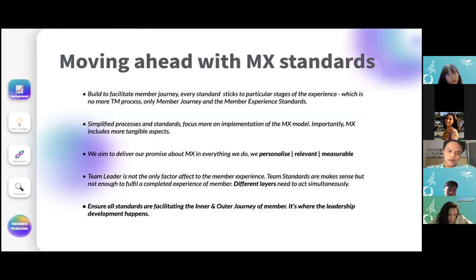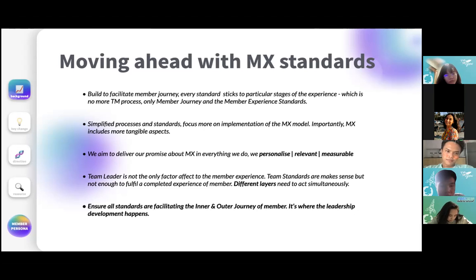So that, let's say, if there is a problem with anything in the funnel or anything in the membership journey, we could understand what timeline of the funnel is going on right now. For example, let's take realization, and if there's a problem when the realization period is happening, we can understand what standards we were delivering in the realization funnel. And that is how we could pinpoint those problems and solve them right there and then and enhance our membership experience.